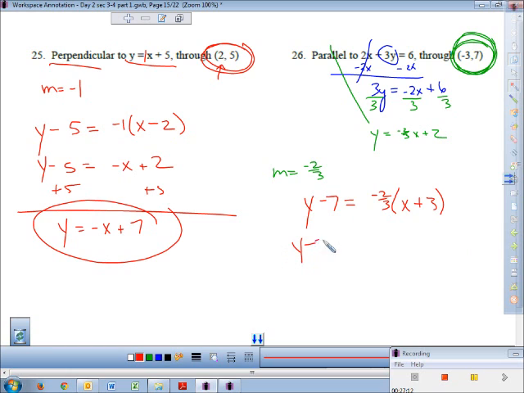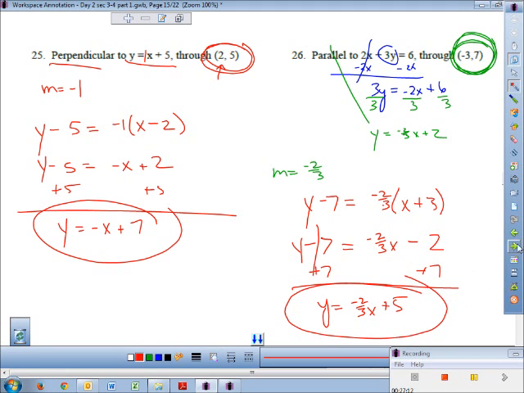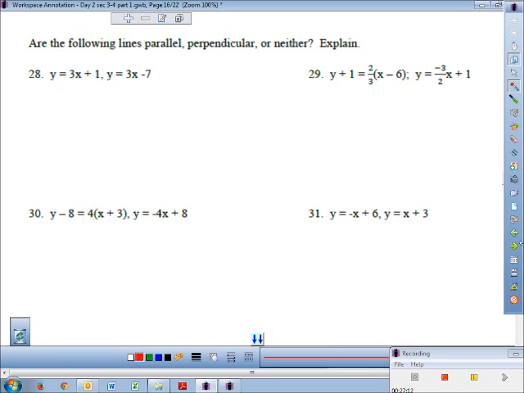And distribute. Whoops, getting a little sloppy. And then 3 goes into 3 one time. Take that times numerator and you get a 2. And the sign was supposed to be negative. Add 7. And there we go. And the last one, are these lines parallel, or last page, say, are these lines parallel,